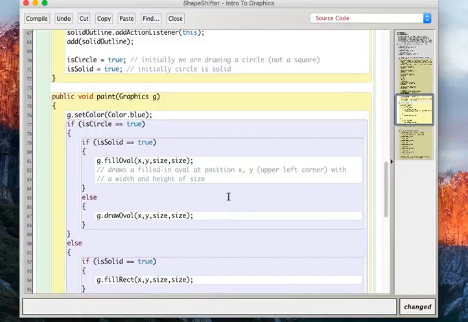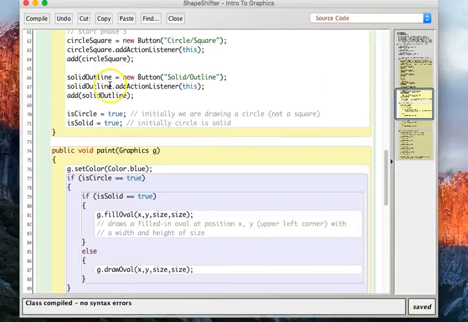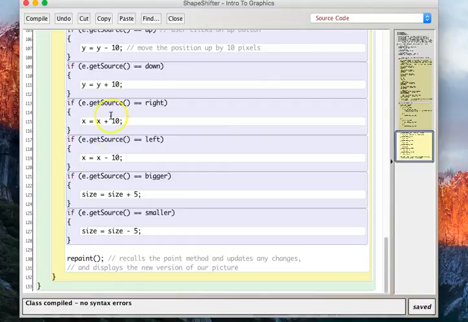But as of now, our isCircle and isSolid will always be true. So if we were to run this now, we'll compile now just to make sure everything's good, and it is. We would always have filled-in ovals because that's all it knows how to do right now. But at this time, we want to edit our actionPerformed and have our buttons do something: our circle square button and our solid outline button. So we go down to the actionPerformed,